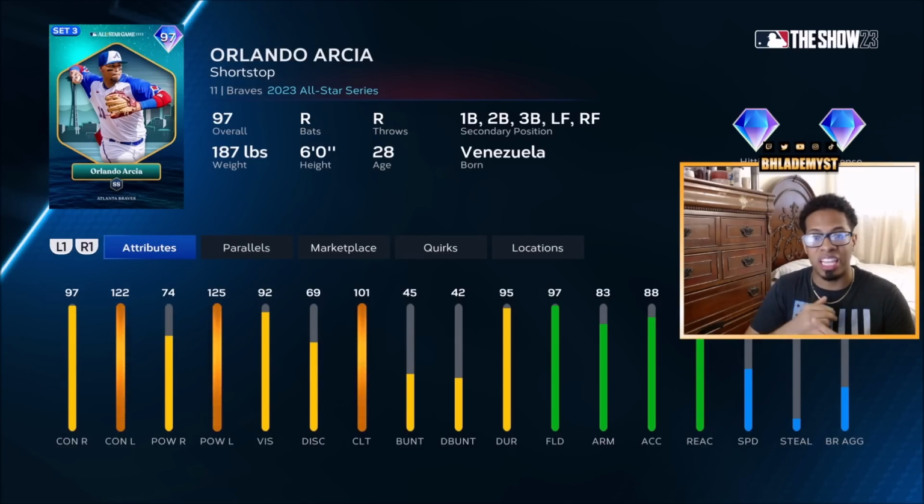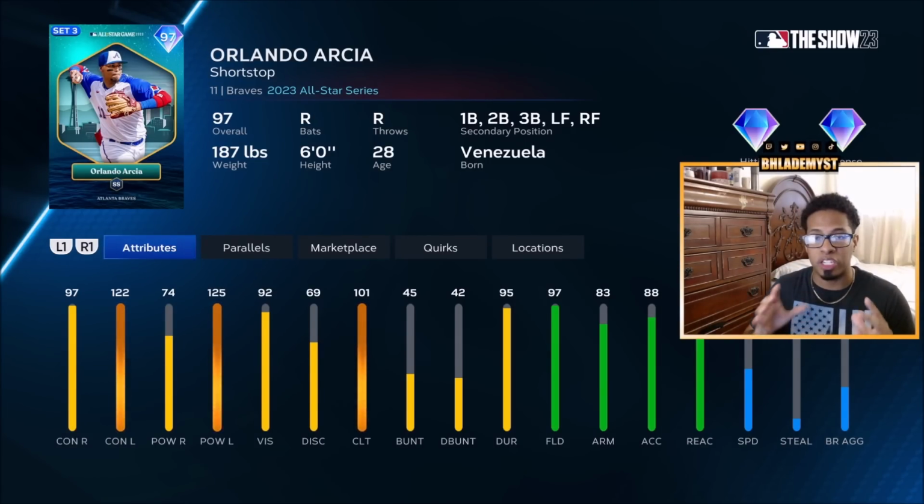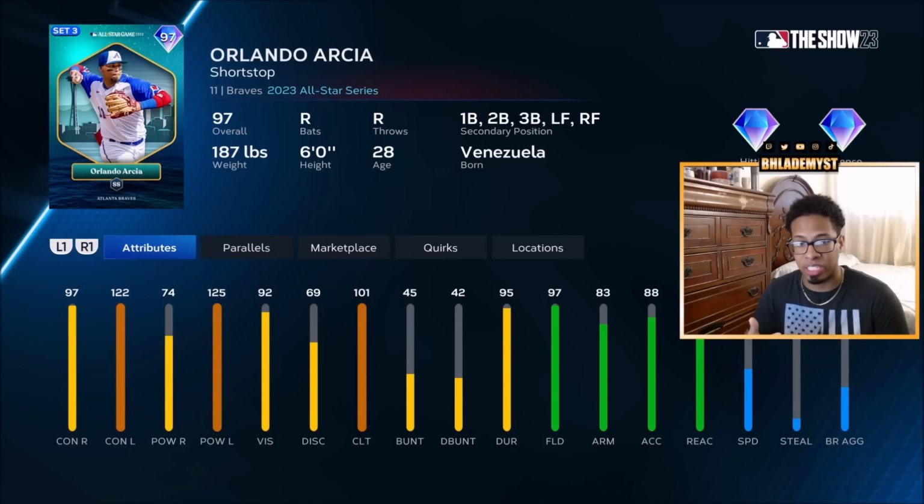He can play the entire infield and he can play the corner outfields as well. He doesn't have great speed, although in the corner outfields or any secondary position, he is still going to play you at diamond tier fielding animations and reaction animations as well. And with 122, 125 power versus left, contact versus left, he is going to be a great hitter for you